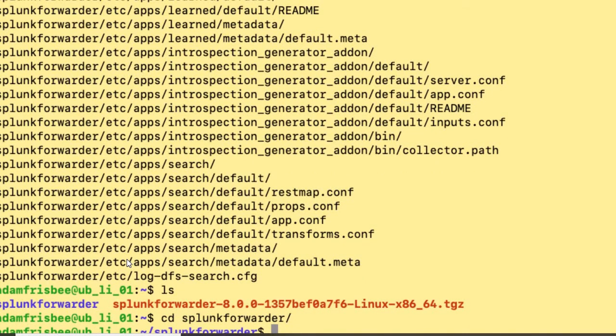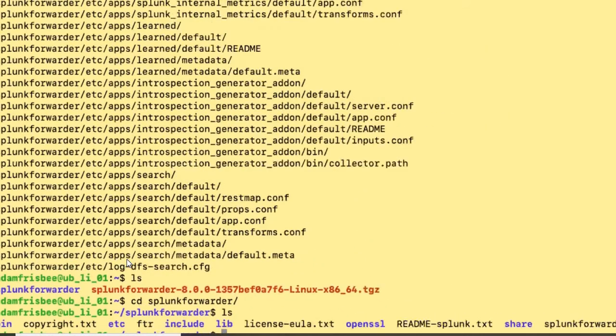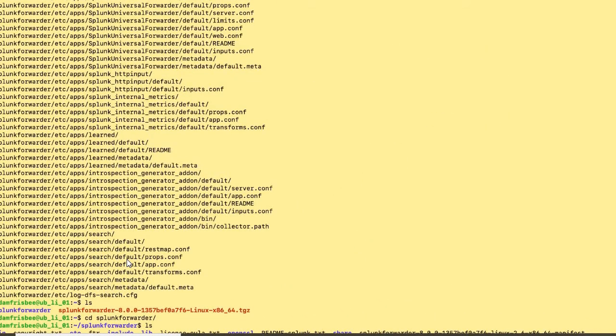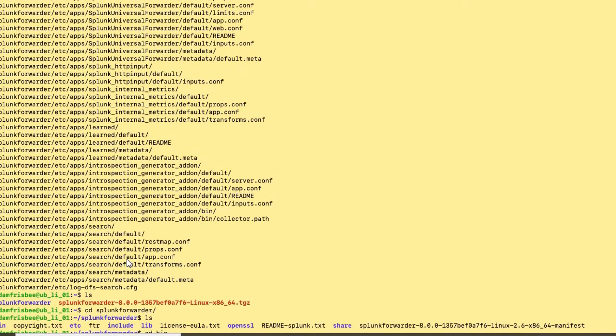Now here I am going to cd splunkforwarder, and then continuing with the process. And here at the end, what we have to do as part of the installation, to start Splunk, is accept the license. We need to accept the license. There is a command to accept the license also. I am sure you all know that, because I had already explained this in my previous video on Splunk installation, right? So we will be doing a similar thing.